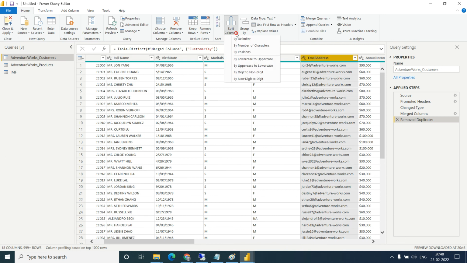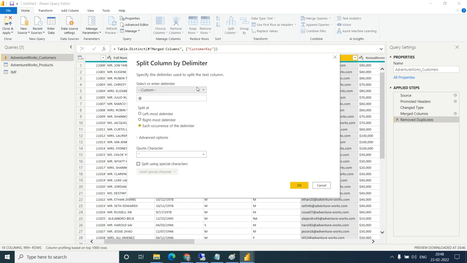Click on split by delimiter, then choose the delimiter here.